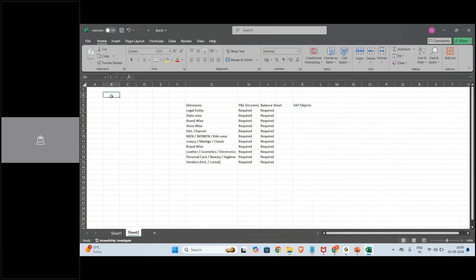So GL, cost center, profit centers. Can I get profit center balance sheet on cost center? No, I cannot get it on cost center, so I can get it through GLs and profit centers. F.08 or F financial statement version we run, right? On what dimension can you run it? Business area. Very good. Excellent.